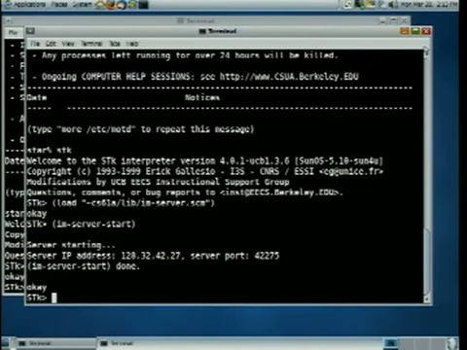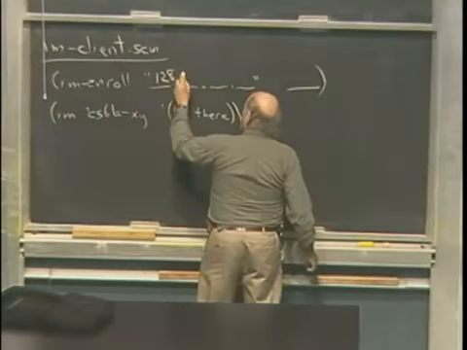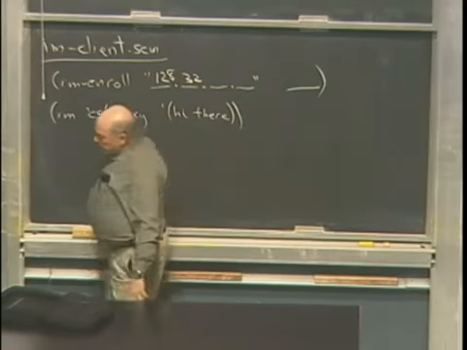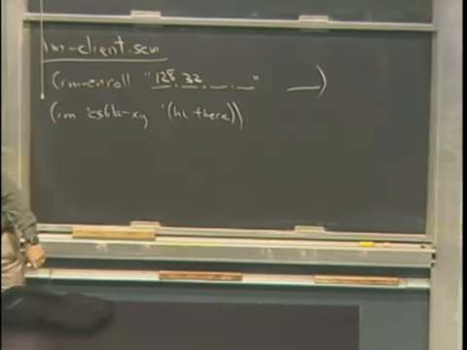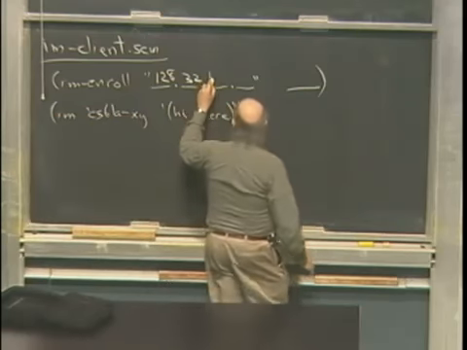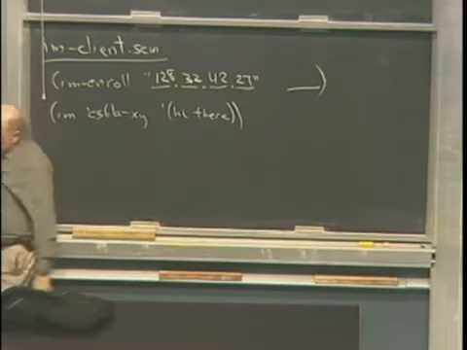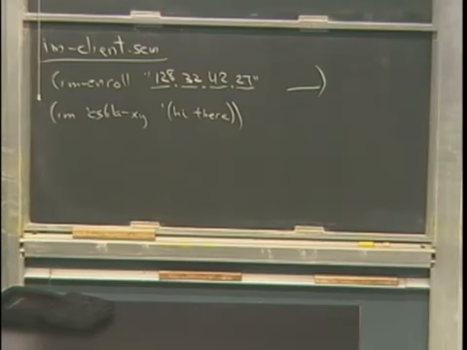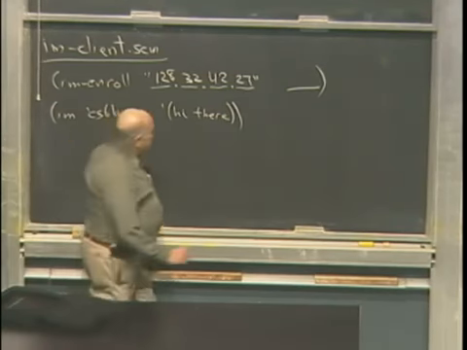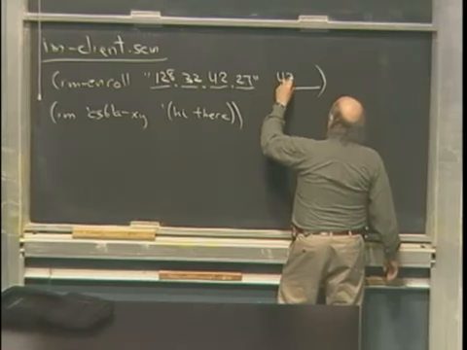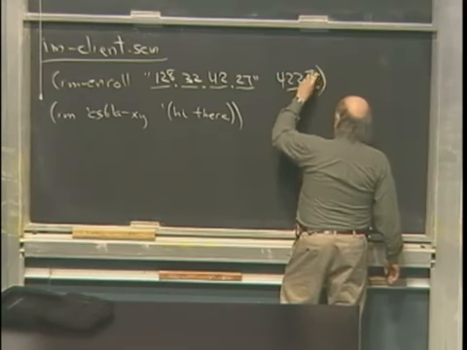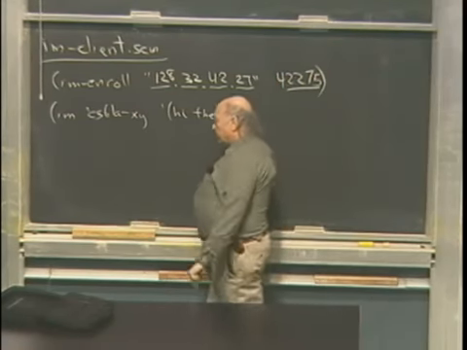And it's going to tell me two magic numbers. It's going to tell me my IP address, which is 128.32.42.27, and it's going to tell me a port number, which is 42275. Okay, so